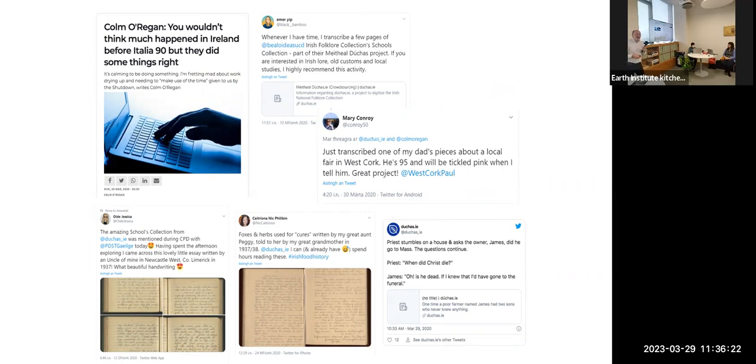Now, in 2020, with the onset of the pandemic, and we were all on lockdown, suddenly there was a huge spike in activity on Meitheal Dúchas. Not least here in UCD, because a lot of colleagues in UCD Library who were working from home logged on, registered and started transcribing, and it gave a huge boost. I'll present you with a few stats very shortly, but these are some of the responses through social media to the whole Meitheal and to Dúchas.